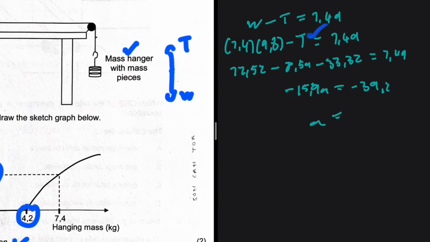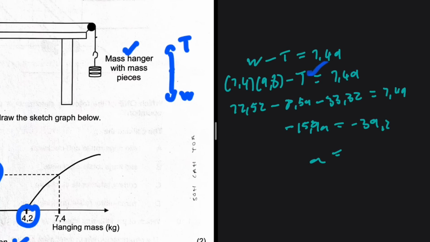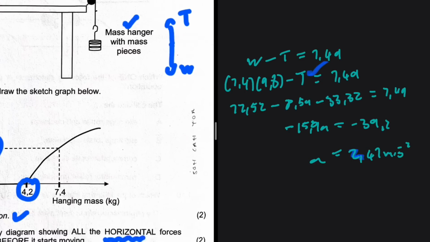So the acceleration is equal to minus 39.2 divided by 15. Is this 15.9 or 15.19? I forgot what I wrote there, because it's not clear. So minus 39.2 divided by minus 8.5 minus 7.4. I can just do that because I'm not sure what I wrote there anymore. So the acceleration that I'm getting is 2.47 meters per second squared. That is the answer